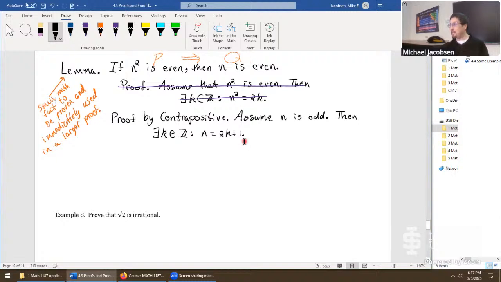Now this is something that we can work with because when we go to n squared, we're not doing anything weird like square rooting k, which is not good for us. We can always say k squared is an integer, but we need extra information to say the square root of k is an integer. So with this all set up and being odd in that algebraic form, we can now say this means n squared is, take the negation of p, odd,